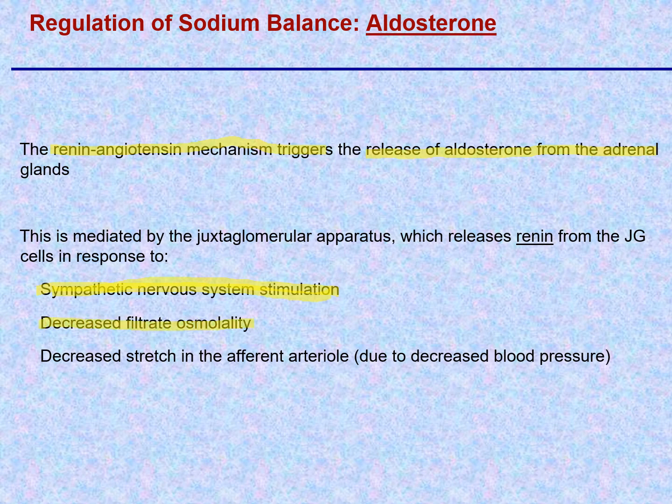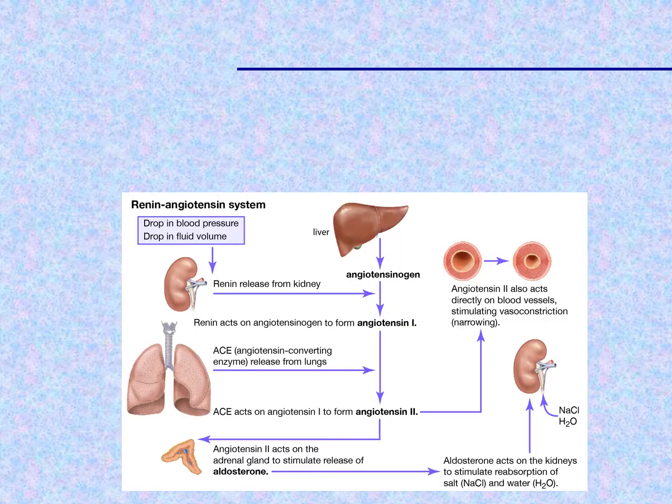in the distal convoluted tubule, I'll write it in here, in the distal convoluted tubule is lower, and the reason it would be lower is because there's not much filtrate being produced, right? And so the flow is low, and then there's lots of time to reabsorb. Or renin release will also be triggered if there's a decreased stretch of the afferent arteriole due to decreased blood pressure. So any of these things can help with renin release, and the renin